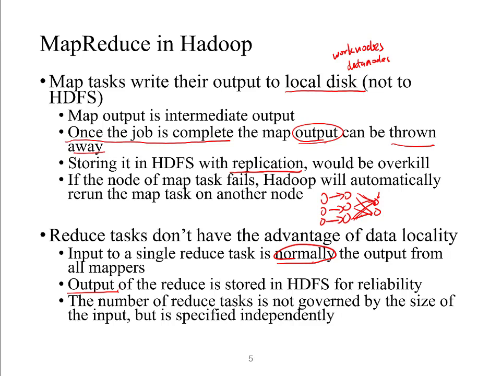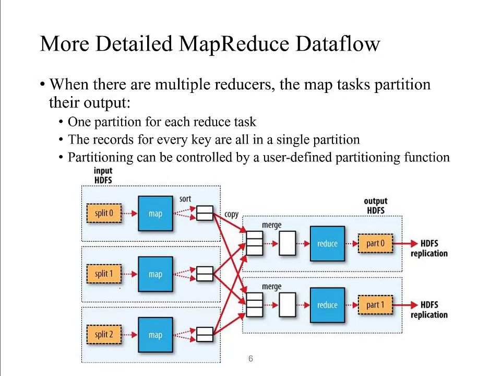The number of reduce tasks is not governed by the size of the input, but is specified independently. So the number of reduce tasks could be more than or less than the number of map tasks, right? It would be specified by the user. Okay, so